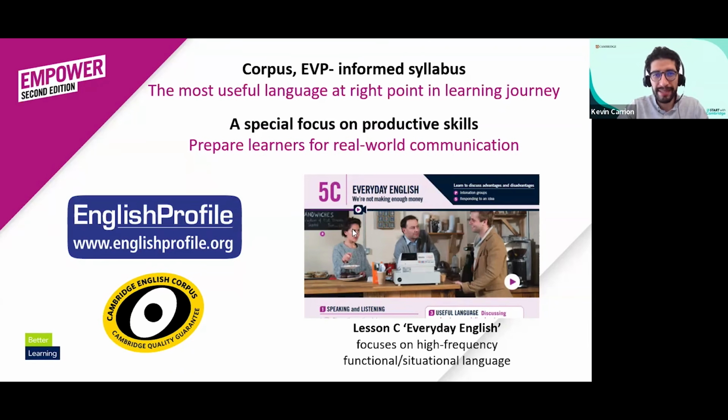One more thing to point out in the series is that it has a particular focus on productive skills. We are going to go back to this when we go through the unit walkthrough. There's a dedicated lesson for the productive skills, which is lesson C in the series.